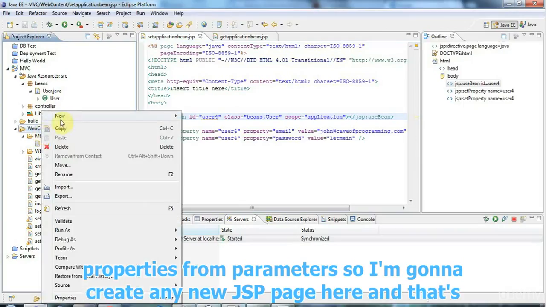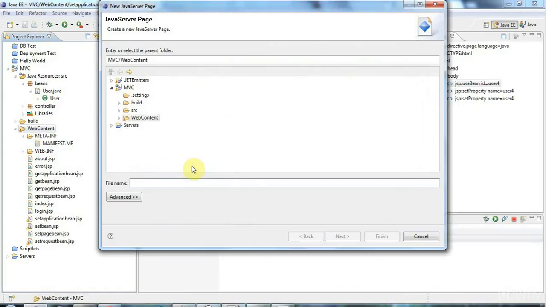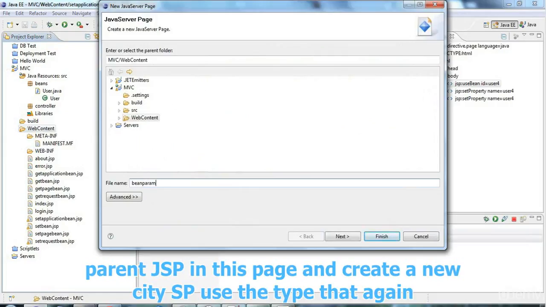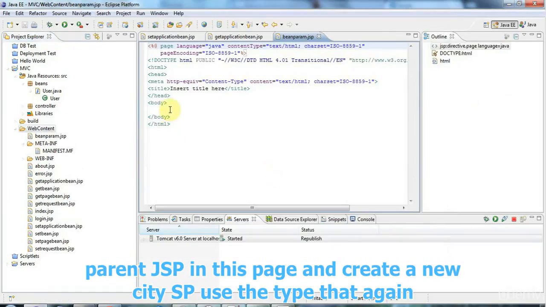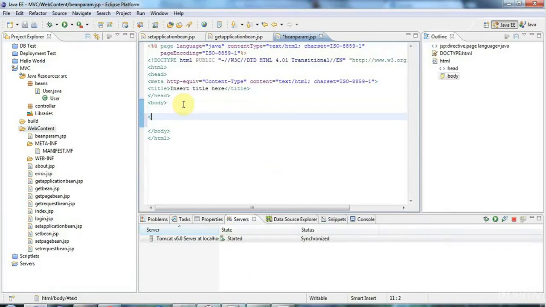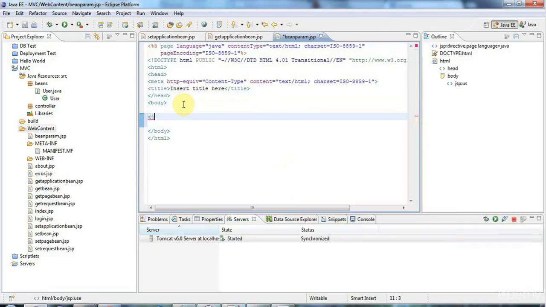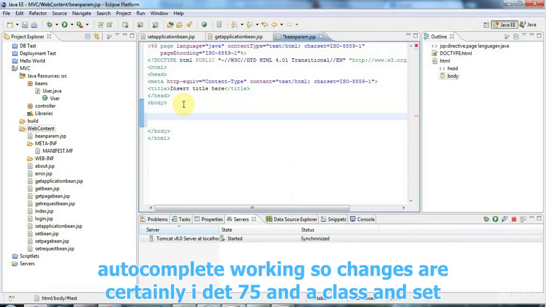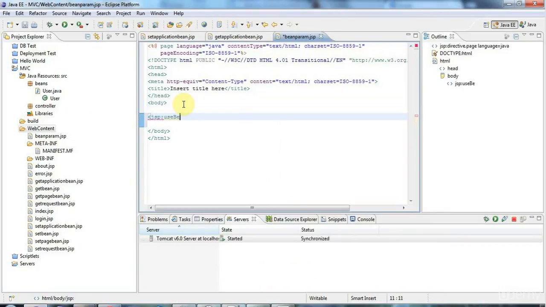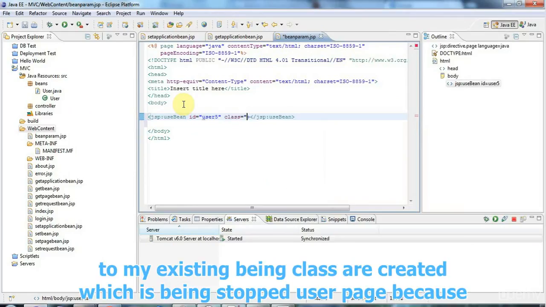So I'm going to create a new JSP page here, and let's call it beanparam.jsp. And in this page I'm going to create a new bean. I'm going to say jsp:useBean, let's type that again, try to get the autocomplete working here. So jsp:useBean, there we go, and I'll set the ID to user5 just because I've used user4 already, and the class I'm going to set to my existing bean class that I've created, which is